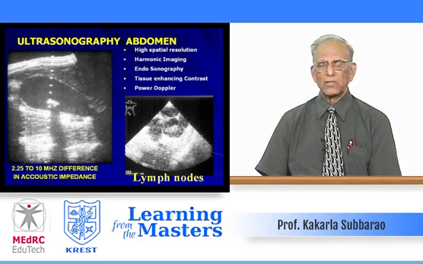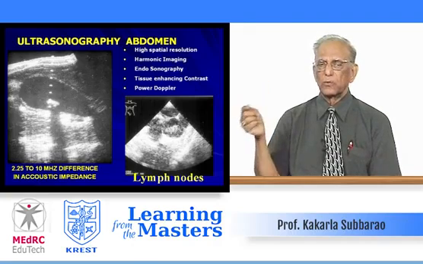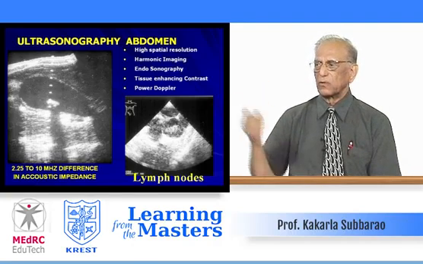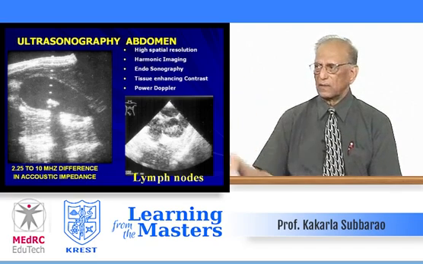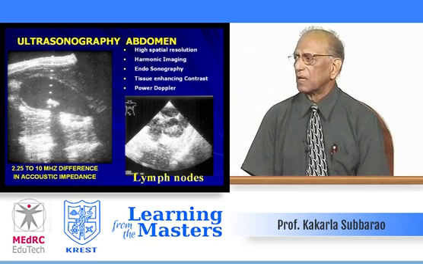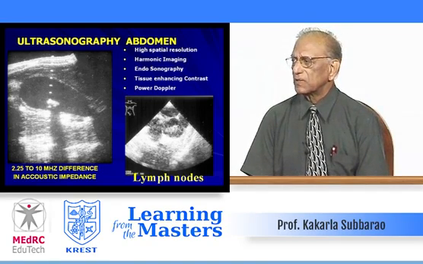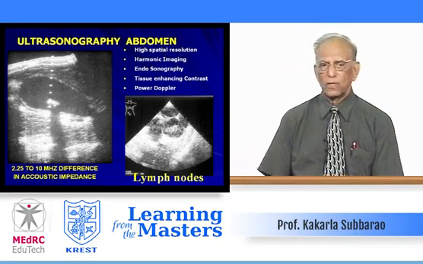No ionizing radiation. 2.25 to 10 megahertz, difference in acoustic impedance. That's the principle: acoustic impedance. That's how you could see the stone, echogenic, and then the diffraction. High spatial resolution, harmonic imaging, endosonography you can do, tissue enhancing contrast, power Doppler. This is the lymph node enlargement in the